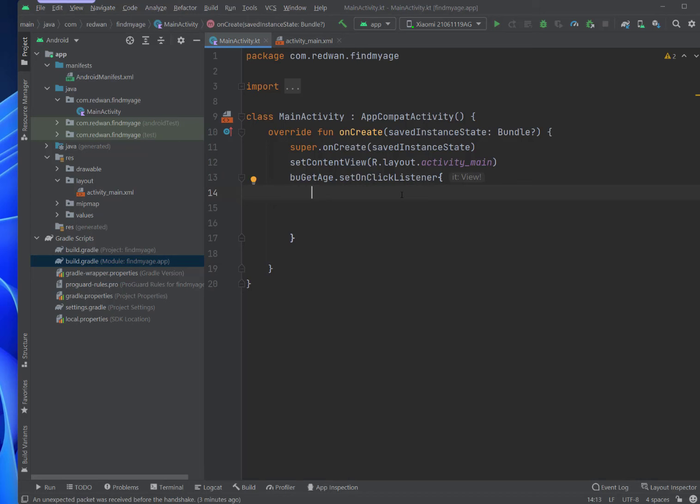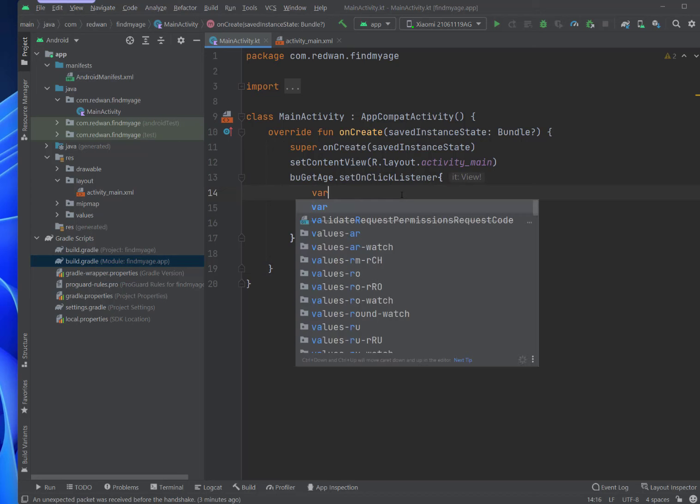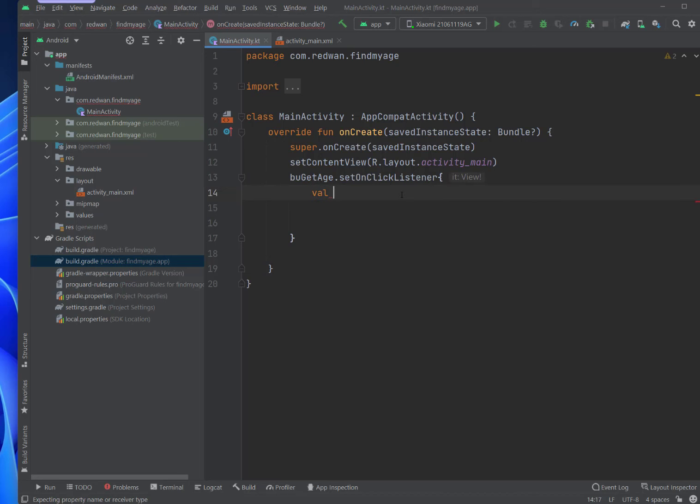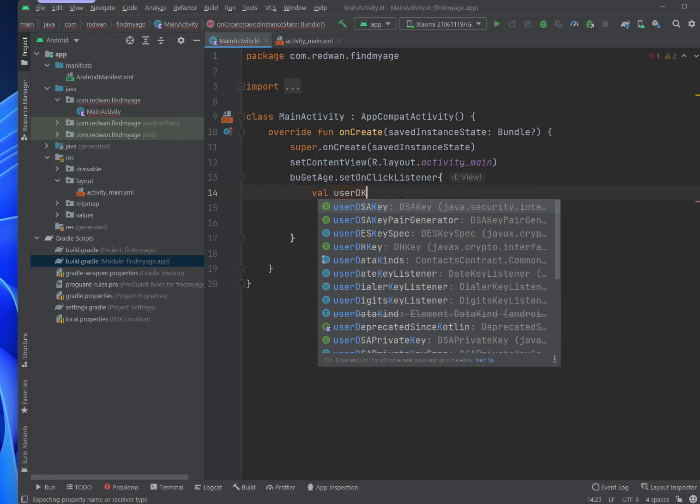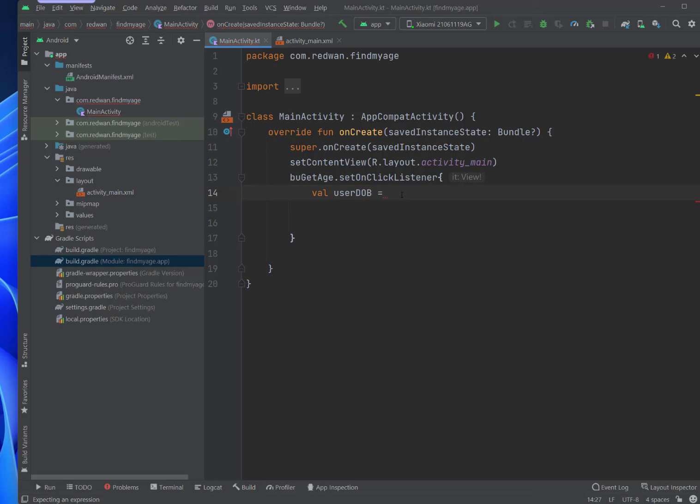We should bring that one and put it somewhere in some variable. You can use var or you can use val. It depends on the situation. You say user date of birthday. User date of birthday will be as we used it last semester without using layouts. We code it in Kotlin. But what we will do, we'll bring etdob